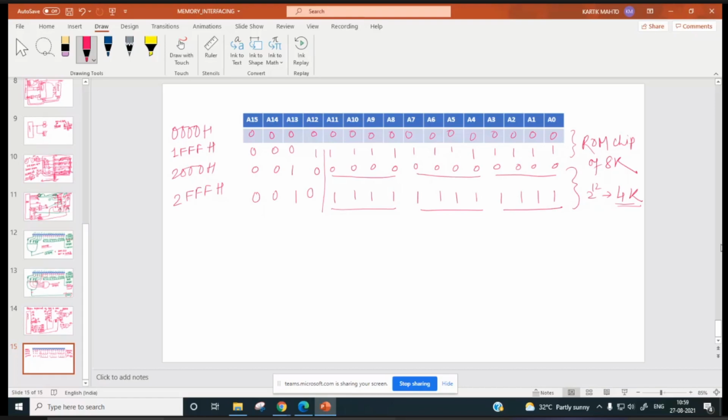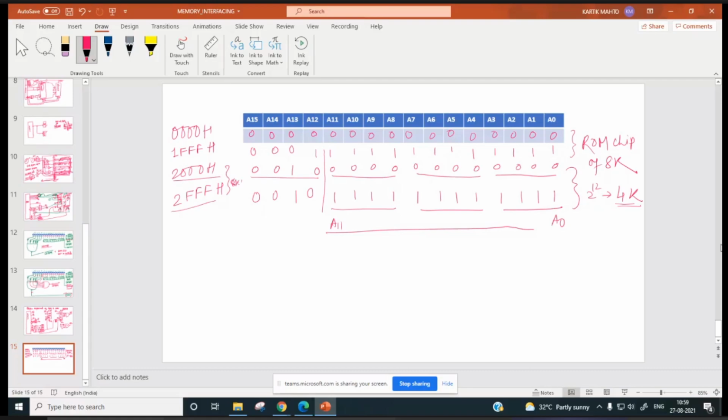A0 to A11. If all are 0, then this is 2000H. And when all are 1, this is 2FFFH. Now 4K size.